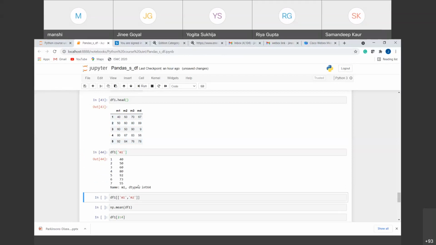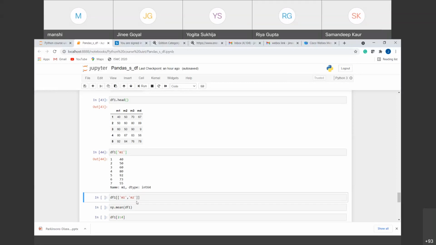Now I want the list of the columns. Instead of having a single column, I want to have 2 columns. So the same thing will be applied here. The first square brackets will be for the indexing that we want to provide. Now I want to provide the list of columns inside it. A list is represented by another square bracket, so that is why we have another square bracket here.